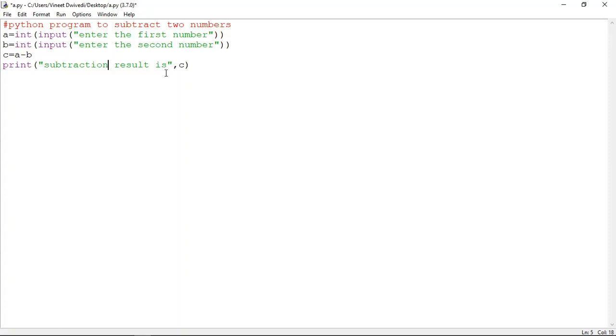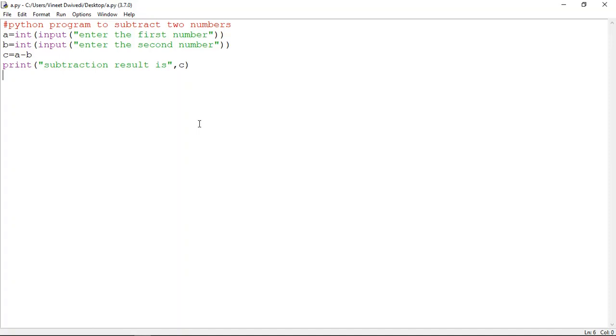Okay, so that is the benefit of using script mode, because you have the code saved, so you don't have to write the codes again and again. Okay, if you have written that code, you change a few of the lines and you will have another code. Okay, and you can print the result accordingly. So that makes our task quite easier as compared to the interactive mode. Okay, so we have changed a few lines here. So we will save it again, Ctrl plus S, then by pressing F5 you can run it again.